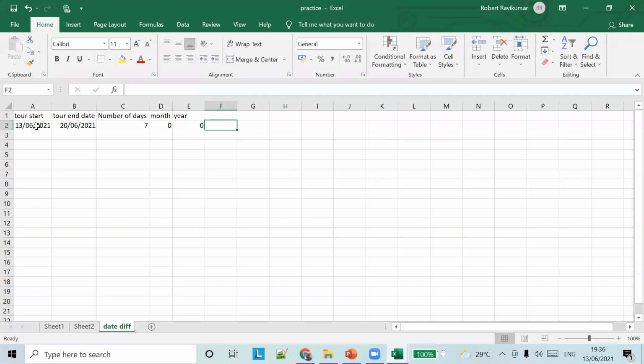Let's try to change the dates. Okay. So let's say the date is 0, 3. See that the number of days also changes, the months also change because the difference between these two months is 26, right? And the number of days also changes. Let's say if I try to change the year by 19. The number of days also changes, the months also change, the years also change. So this is how you find the difference between days.